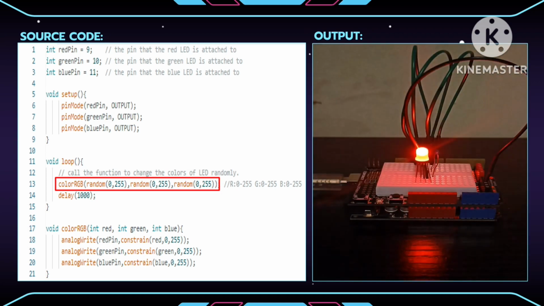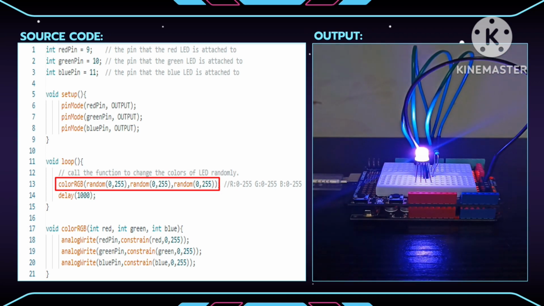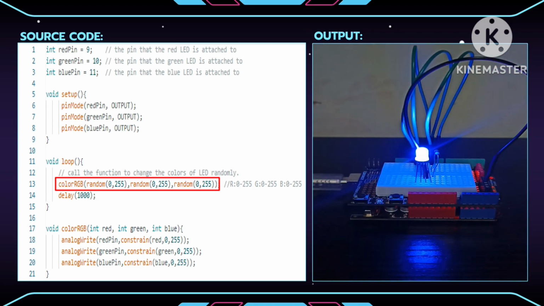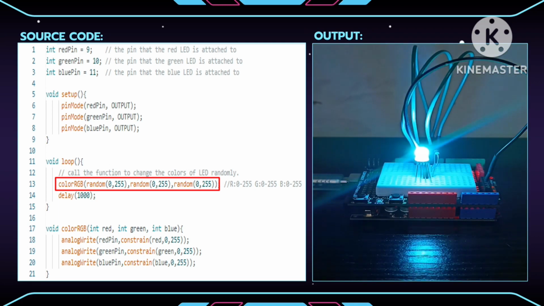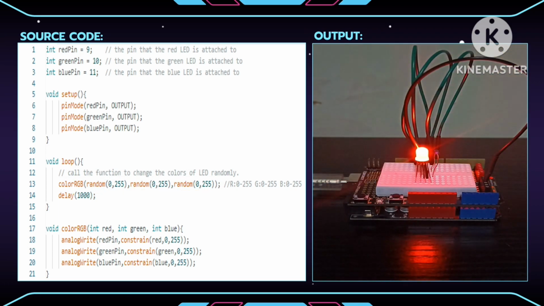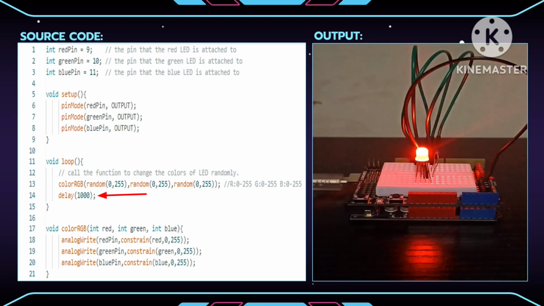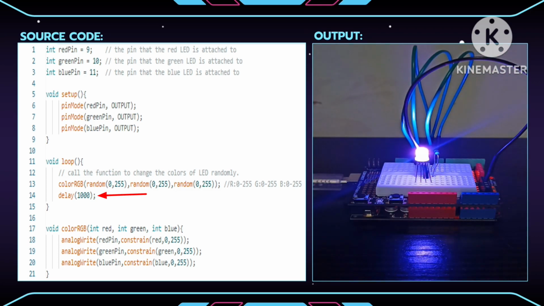These values represent the intensity of the red, green, and blue components of the RGB LED, essentially creating a random color. Delay 1000. After setting the random color, there's a 1000 millisecond delay before the next color